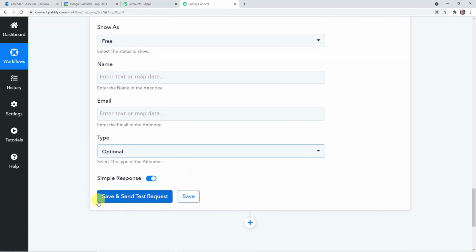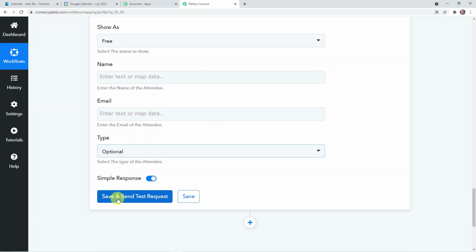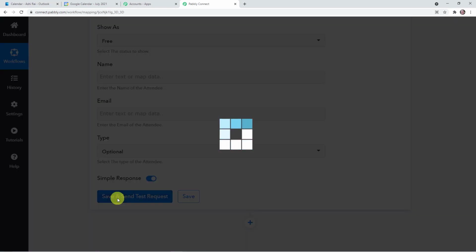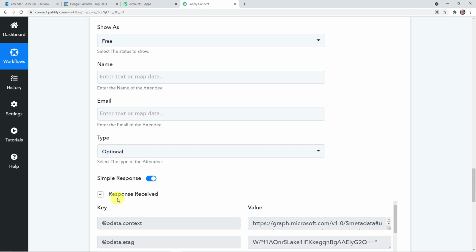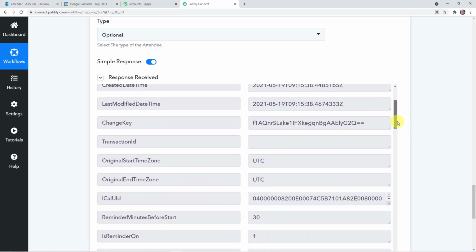Now here I'm going to click on save and send test request just to check whether the response of creating the event went to the Outlook calendar or not. So just clicking on save and send test request. Okay, the response is received. That means the event details are with us and we have successfully connected Microsoft Office 365 Outlook calendar with Pabbly.